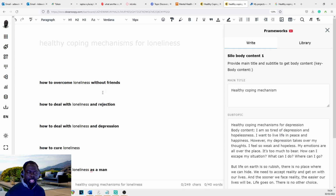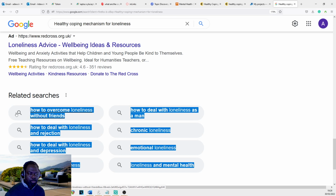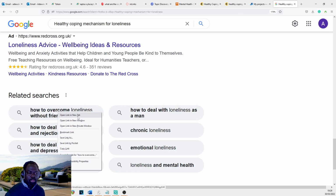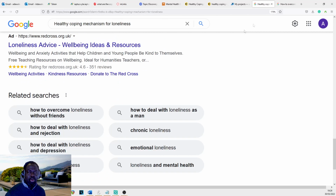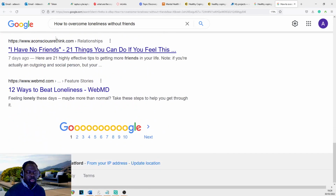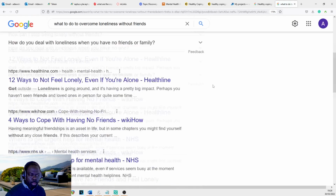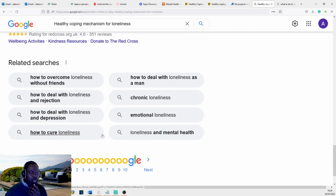of an outline. And then what I then do is click on each one of these related searches to get sections for the rest. Sometimes it works, sometimes it doesn't work. If it doesn't, if you go in here, how to overcome loneliness without friends, that's not giving me any related searches. Let's see what to do. Let's see if that gives me any. Nope, no related searches. Anyway, most of the time you'll get more related searches, so you could just click through,